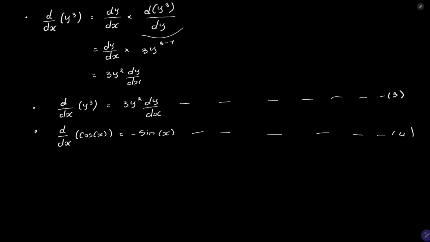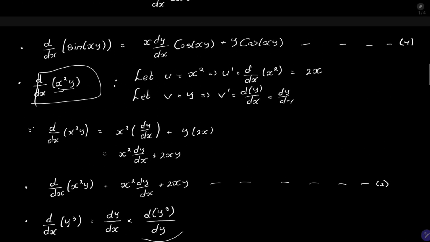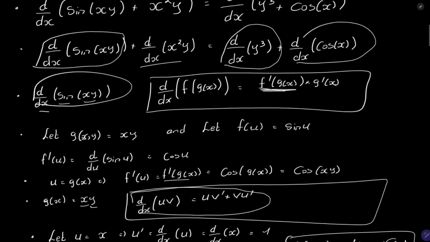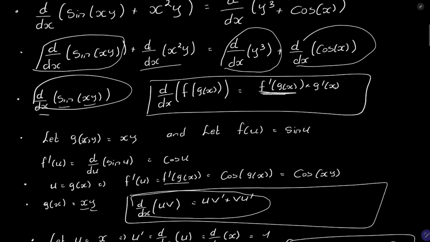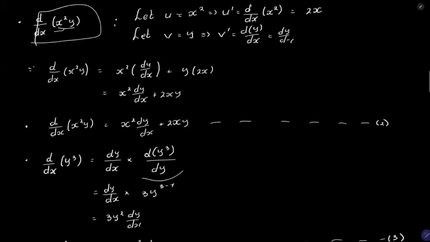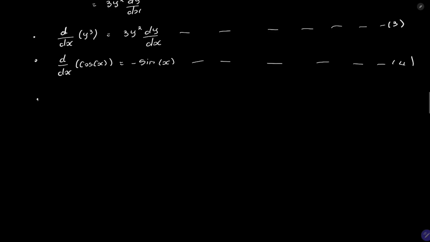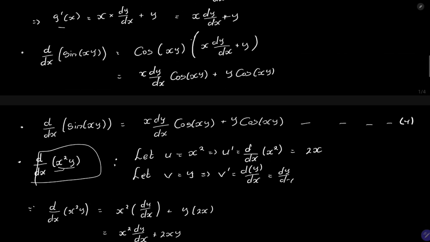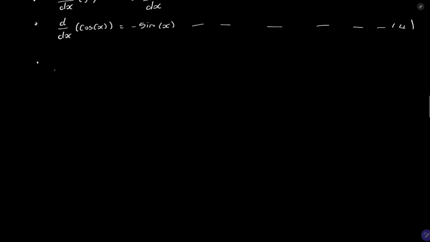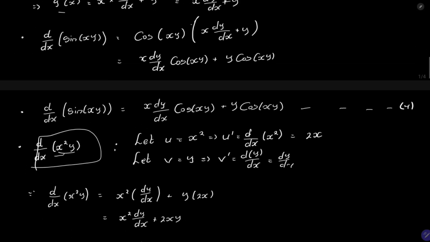So we have already determined our 4 different terms. All that is remaining for us to do is to substitute these different terms in our general equation. That is our first term plus our second term equals our third term plus our fourth term. So let's do that. What's our first term? Our first term is x dy/dx cos xy,